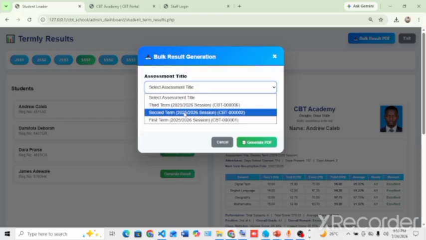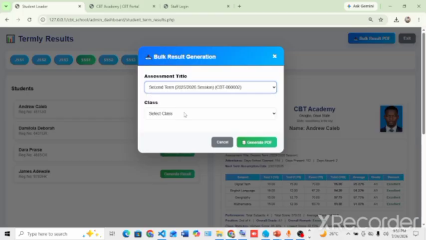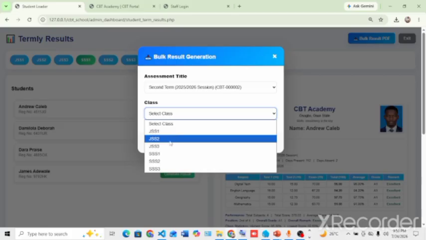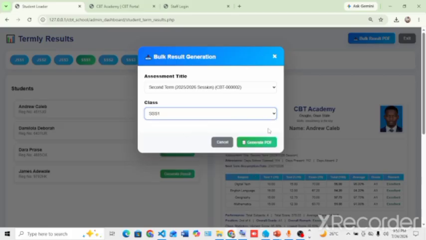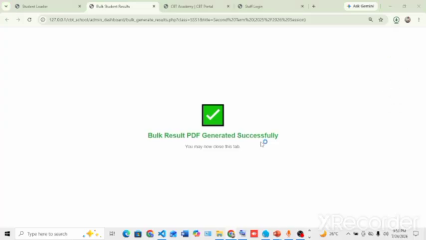So just select, but we have been using second term, so let me just select second term, right? Then thereafter I select the class, don't forget SS1, then you click on generate PDF. So let's see what's going to happen. You can see it's generating. All right, and of course within a few seconds it's done generating the result for all the students in SS1, for